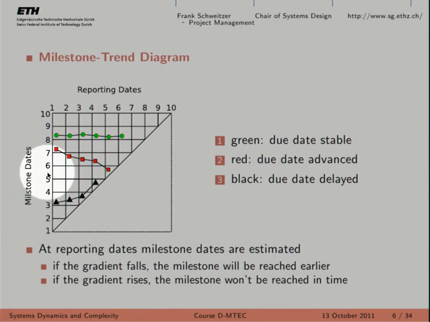Now let's look here. You can already see that the revision of the estimated time needed to complete the black milestone increases as the project continues. So basically, when you ask the project team in the 4th month, how long is it going to take you? Well, it's going to take me now 4 months, almost 5 months. Even though in the beginning I told you it's going to take me 3 months, right? So this is an example where a project is being delayed, has quality problems, and things like this, which cause